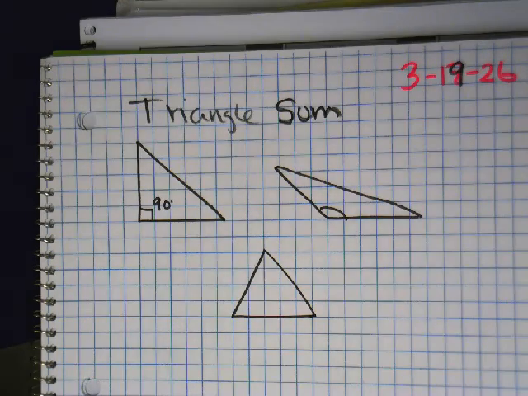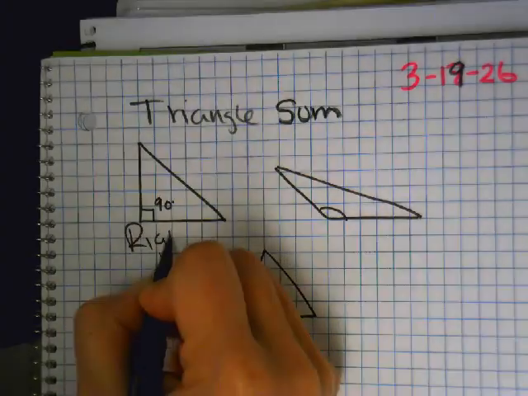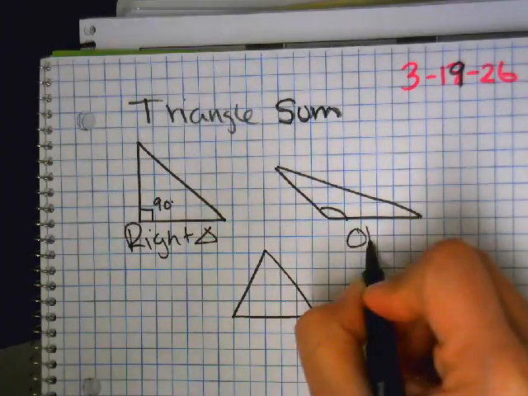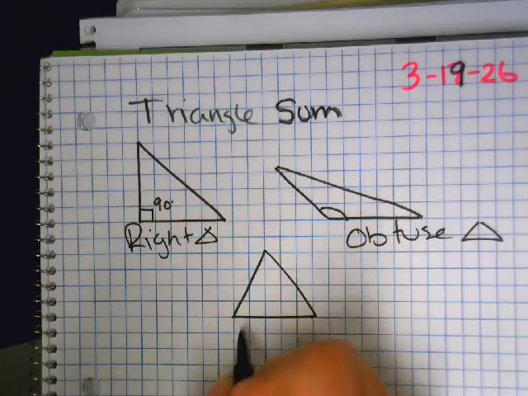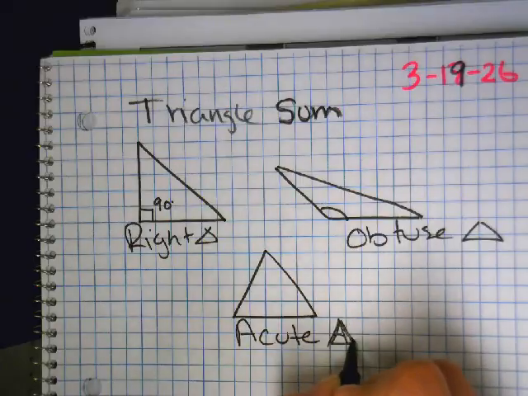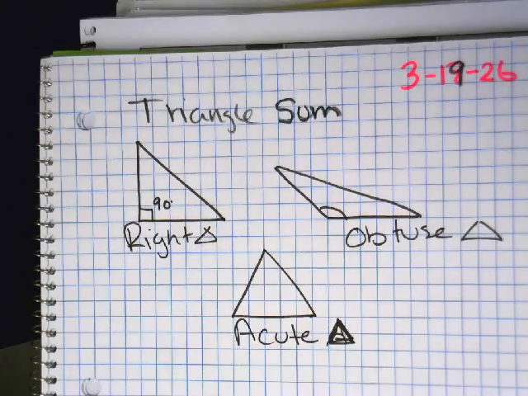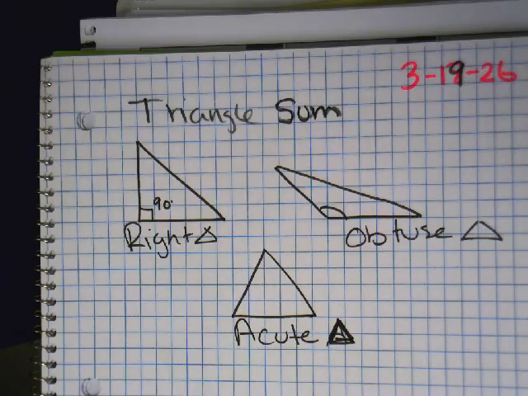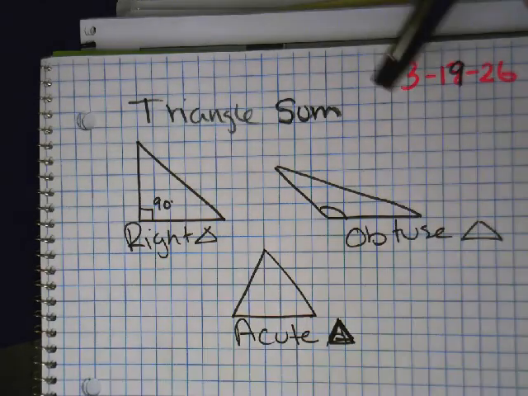So this one's called a right triangle because it has 90 degrees. This one's called an obtuse triangle because it has an obtuse angle. And this one's called an acute triangle because they're all acute. Okay? So this is a right triangle, obtuse triangle, and then an acute triangle. Does that make sense? Okay, we will go over this after the map test, in greater detail. But I'm just trying to show you, just in case, you can get one more question right on the map